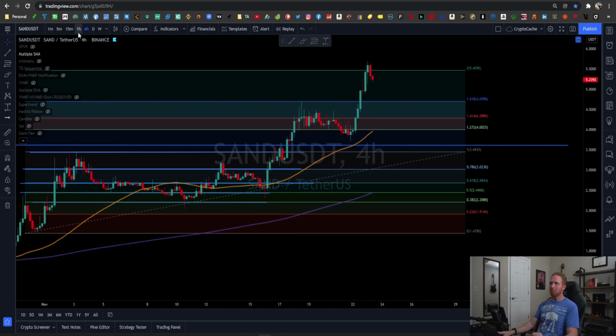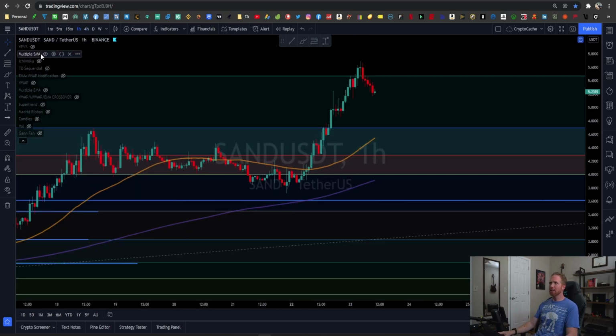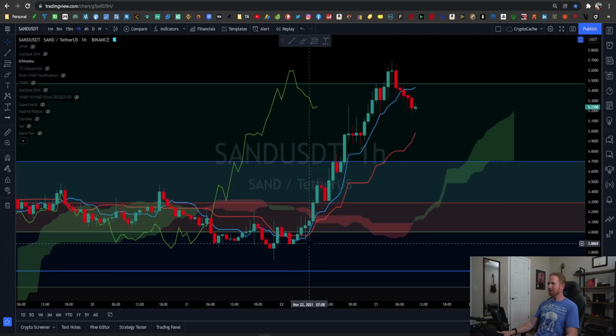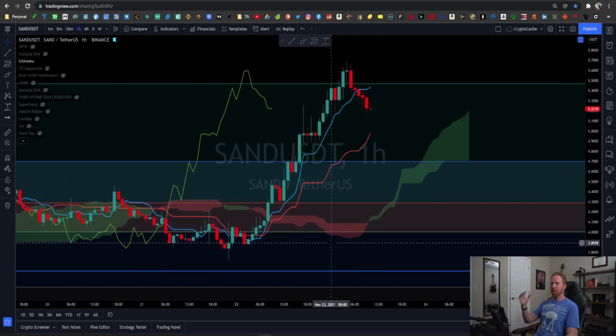So single rainbow. When we go to the 1-hour chart, we can see here as well with the Ichimoku Cloud, we had a significant buy signal, right? In other words, the baseline was below the actual conversion line. And then of course we got the lagging span that was way over here. So all in all, really good stuff, right? We had a perfect case scenario there,